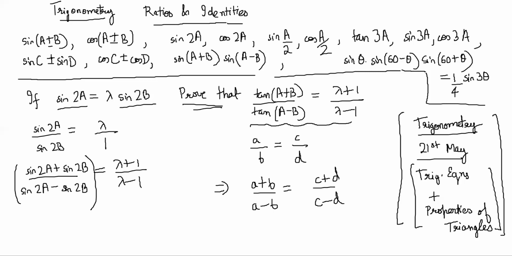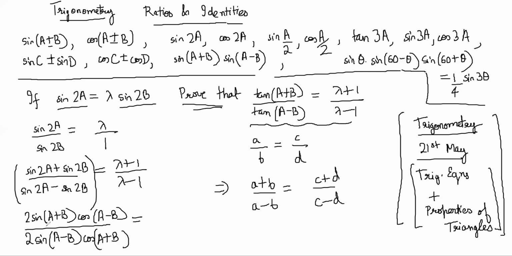which comes easily because you have the formula for sin C plus sin D. Sin C plus sin D is 2 sin C plus D by 2 cos C minus D by 2, so it becomes 2 sin A plus B cos A minus B, divided by sin C minus sin D, which becomes 2 sin C minus D by 2 cos C plus D by 2. So this is A plus B, and this becomes a tan and this becomes a tan. It becomes tan A plus B by tan A minus B. Right? Correct. So it's an easy question only.